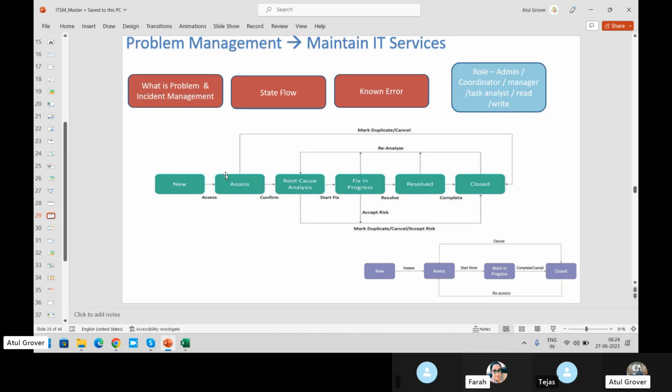Okay. Now, if we got this, then we come to this one. This is for the task. Here you got the task, right? Task has 4 steps: new, assess, work in progress, and close. And even though closed, it can be reopened, called reassess. Task has been created and assigned to the database team.